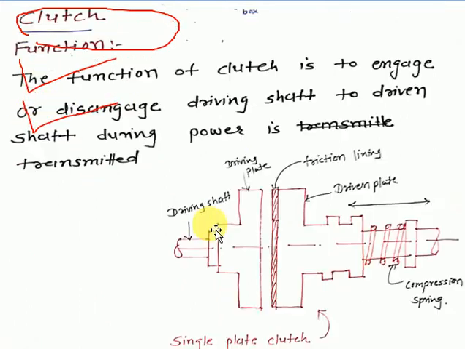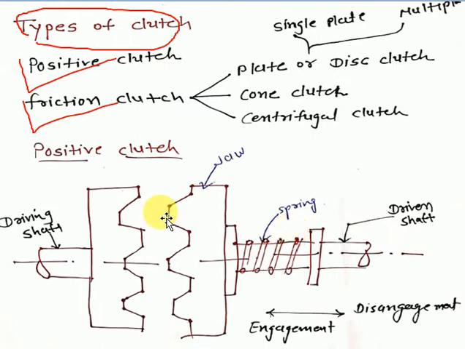So this figure is for the friction clutch, because here friction lining material is provided on a driven plate. Okay, and by using this friction lining material we can transmit the power. So when it is engaged we can transmit the power. It will not allow slip, or we can say wear. Okay, now in a positive clutch we can see here that there is a jaw provided. This is a jaw. Okay, so this is the jaw which is provided in the positive clutch.